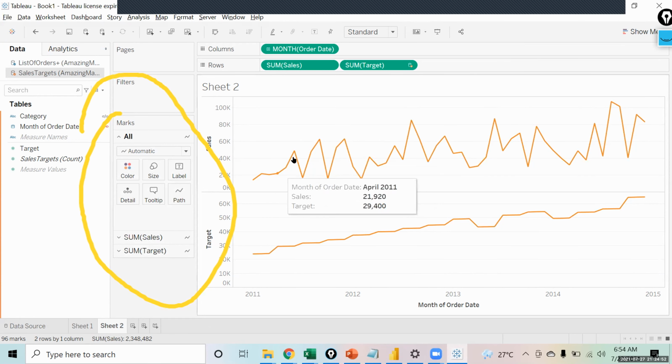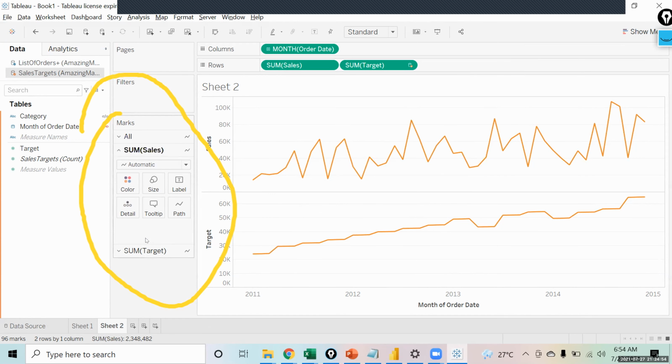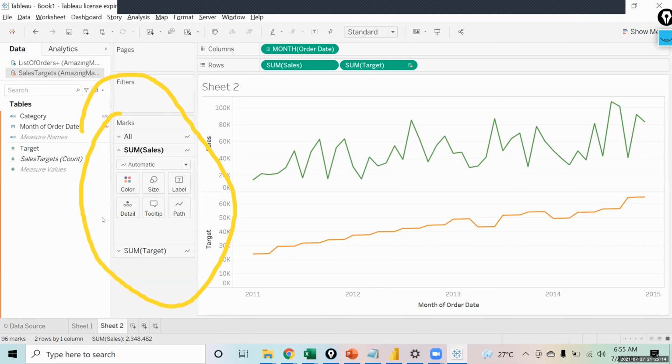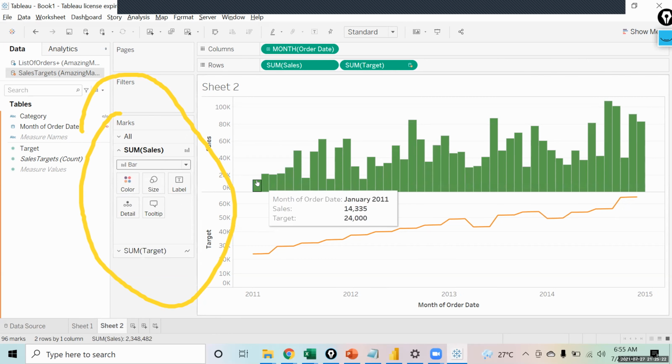But if you want to change the color of this chart only, you can click on sum of sales. See, you get the same option. Now this formatting will work only for the sales chart. That is this one. So if I click over here and I say that I want to change the color to green, see now the color only of the above line will change, not for the bottom one. What I'm going to do right now over here is I am going to make my above chart as a bar chart. This I have made it as a bar chart.